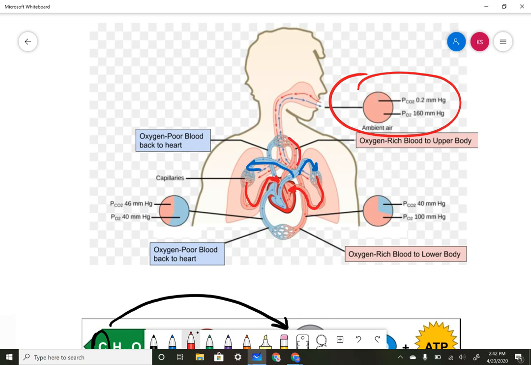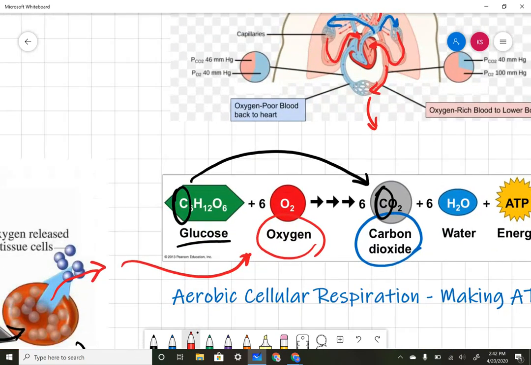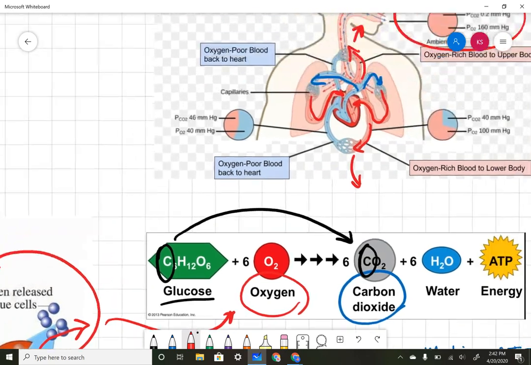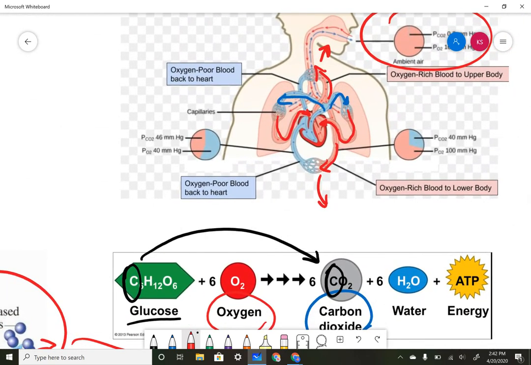Some of it goes to your upper body and your head and your arms. Some of it goes to your lower body. When it gets there, it delivers its oxygen to the cells. So oxygen diffuses out of the blood, just like you saw with the red blood cells down here. That oxygen moves into the cells so that they can use it for cellular respiration. Now, at the same time, your cells are giving off carbon dioxide. This comes out of your mitochondria, and your cells don't want that. That's a waste product. So that carbon dioxide diffuses into the bloodstream,